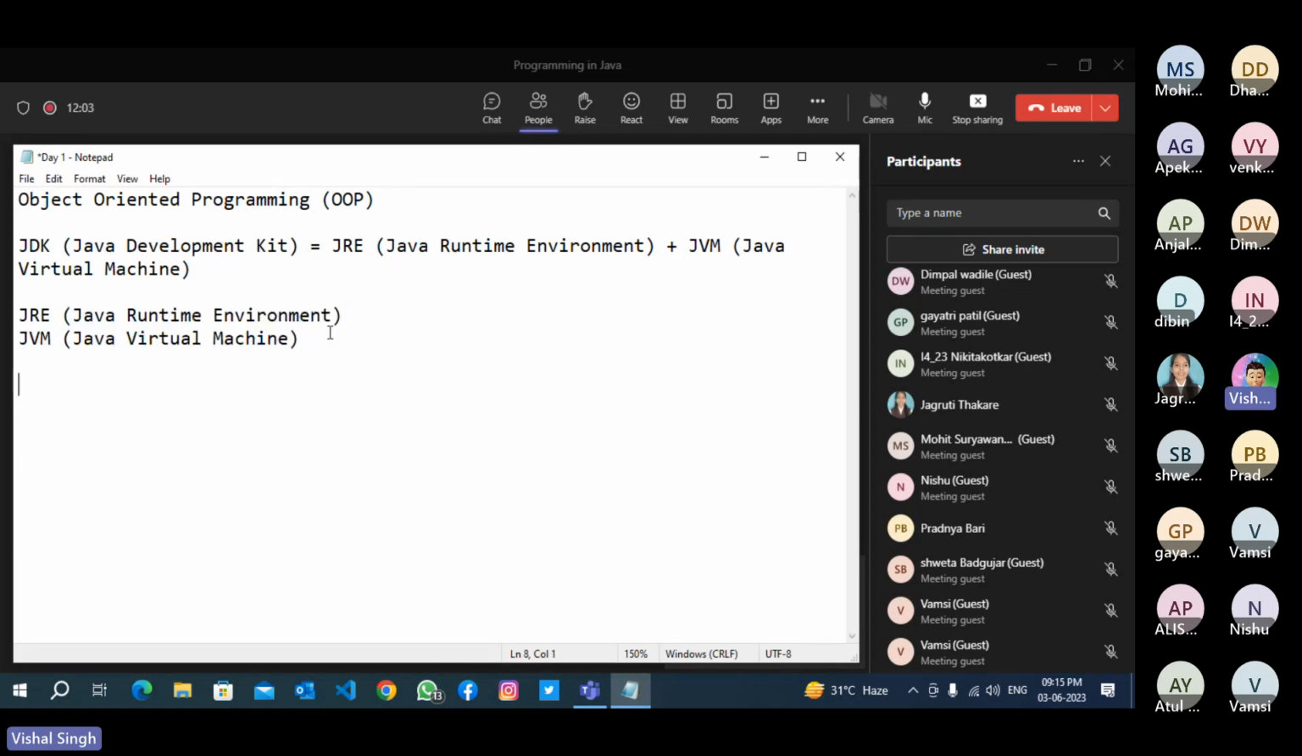But we don't install them individually. We install JDK. That is why it is a kit. Kit means it contains so many things. So what does it contain? JDK contains JRE and JVM. JRE means Java Runtime Environment. It provides you the runtime environment so that we can execute Java programs in our computer. And JVM means